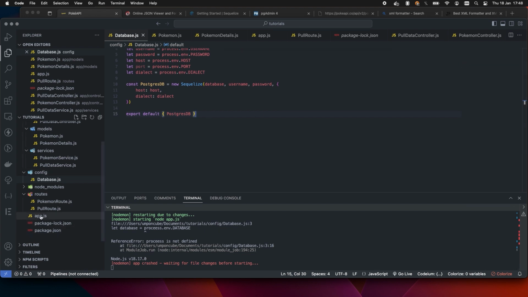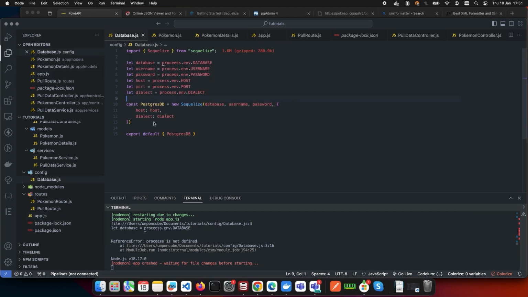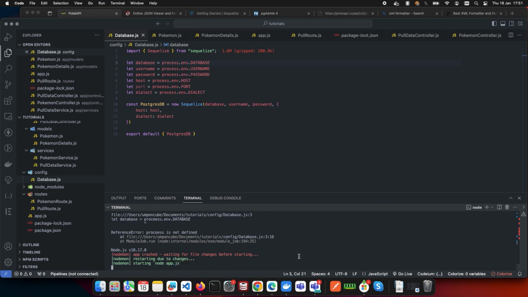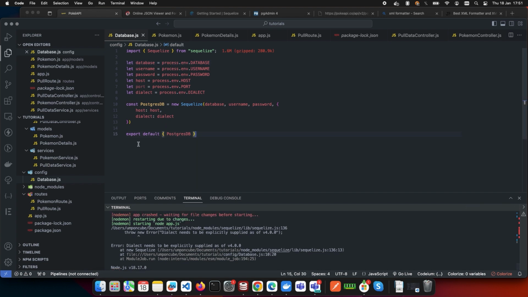All right. Let's see how to resolve this. Okay, so let's see this process. Okay, proceeds. Okay, there's a typo there. Okay, perfect. Dialect needs to be explicitly supplied. All right, that's fine. Let's go to our sequelize. Okay, so the thing is, we've got these values